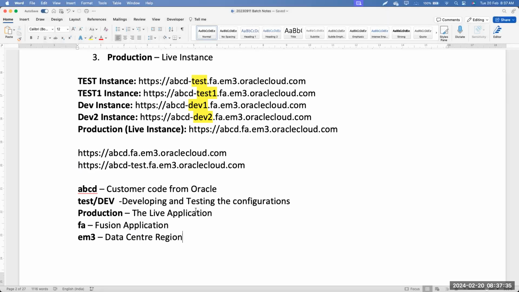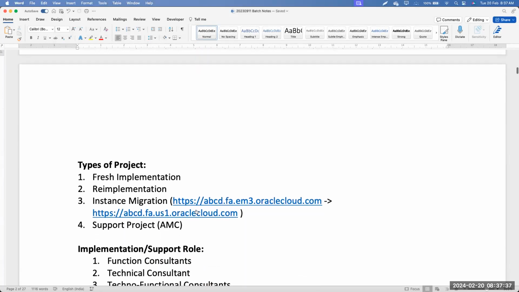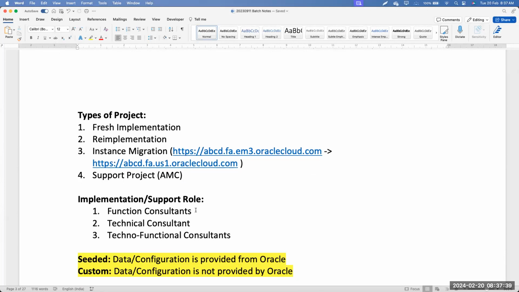So now that we have seen the instance URL and the breakdown of the instance, let us quickly look into the different kinds of projects we normally have as part of Fusion. We have fresh implementations, which are very common, where customers migrate from other ERPs to Fusion, or maybe from an Excel file to Fusion. Then we'll have re-implementations.